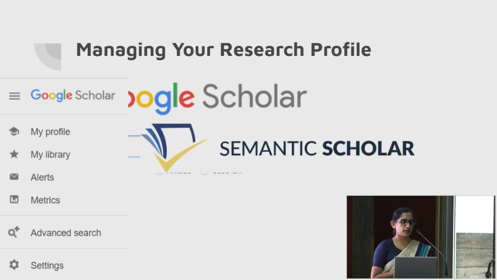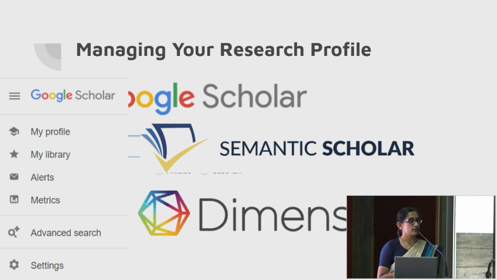On top of that, there are newer platforms which are similar to Google Scholar, but they have added features. So the first one is Semantic Scholar. You can go and create your profile and you can see additional statistics. For example, the most influential papers that have been published by you. That means how others regard your paper. So that information you can get from Semantic Scholar. And especially when you try to become a reviewer in some journals and top-end conferences, they will require you to create a Scholar profile.